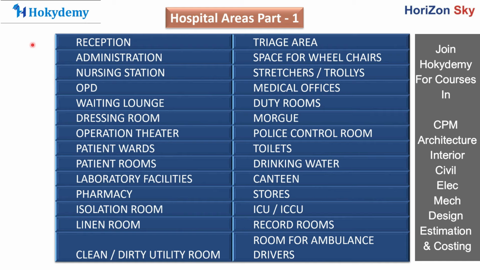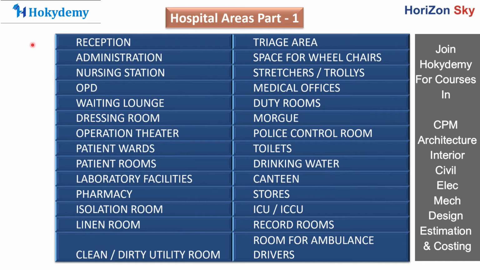Then we have the toilets. Different toilets will be there dedicated to certain staffs, and certain visitors will have a different visitor toilet area. All the patient rooms that we saw earlier will have a dedicated toilet. Inside the room there will be a different toilet area for the nursing staff and the doctors. So all these toilets are also designed on all the floors. We'll have the drinking water area. So a water dispensary will be there for the provision of drinking water.